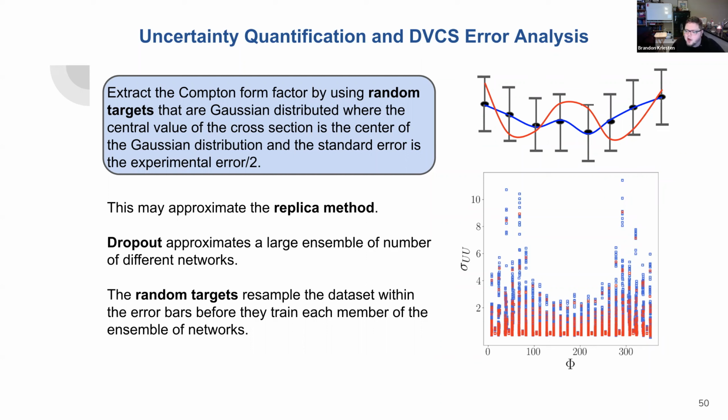And essentially what it does is it allows us to discuss the separation of reducible errors that are systematic to the network versus irreducible errors that are inherent to the data. And so this is also something that we're looking at. We have our way to do it that is reminiscent of the replica method, but it's not necessarily the exact same. It provides an alternate way of understanding error, utilizing what we call dropout in neural networks.